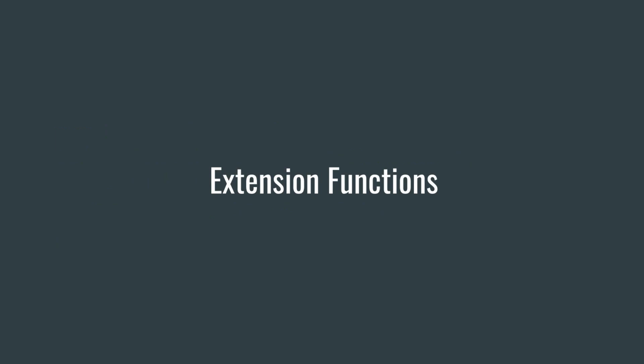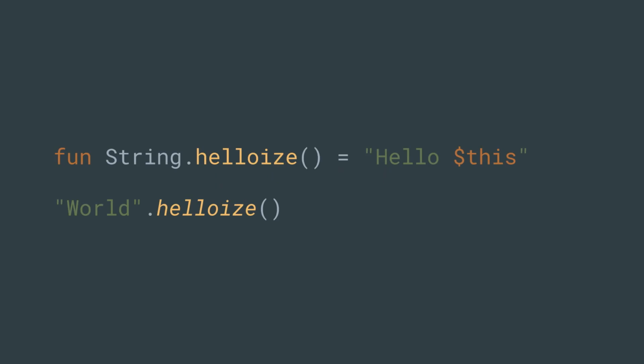Just going to pass through this. There are also extension functions, which allow you to declare functions on other types. This is somewhat cheating because it doesn't actually change the other type. What this actually does when I do string.lois is that it just creates a static method that receives the string as the first argument. And whenever I do world.lois, the compiler replaces that with the invocation of the static method.